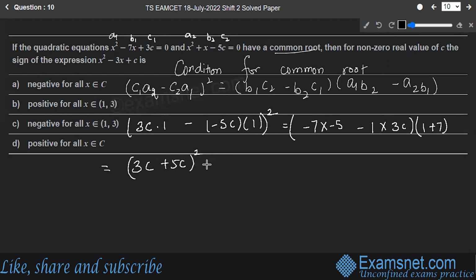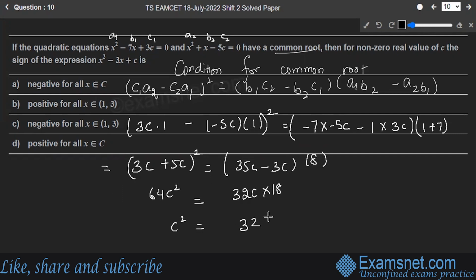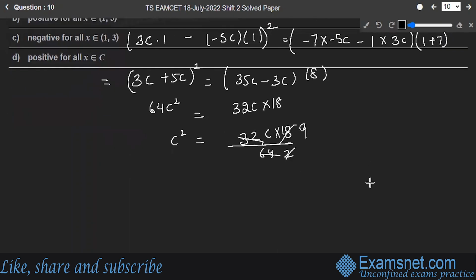plus 5C whole square is equal to 35C minus 3C into 8. 8C square, this is 64C square, is equal to 35 multiplied by 8... I forgot to write down C over here, 35C it was. All right, so this is 32C into 8, or C square is equal to 32C into 8 upon 64. So you have C square is equal to